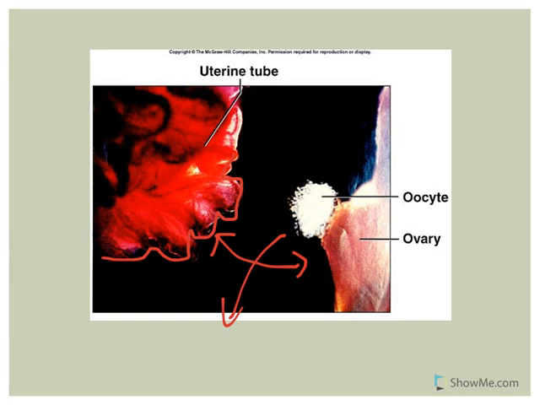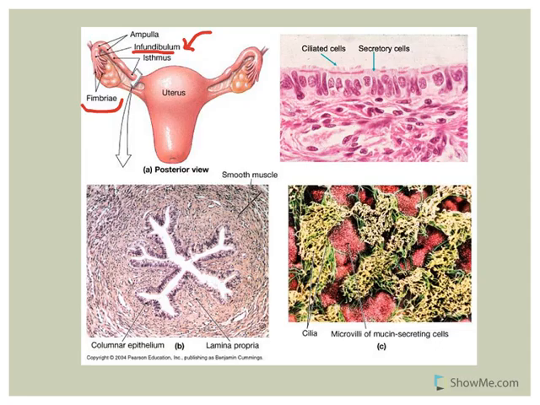Now, if we go back up here, this part right here kind of bends. It's called the ampulla. The ampulla is the site where most fertilization takes place. This is that part of the fallopian tube. So fertilization takes place, for most people, within the fallopian tube, but it's within the ampulla